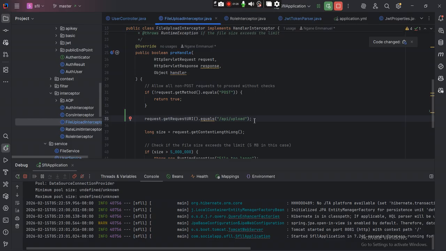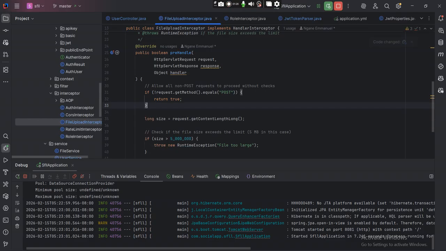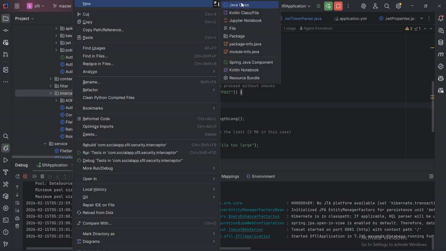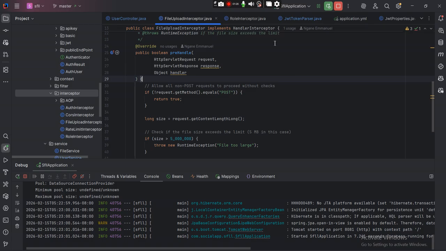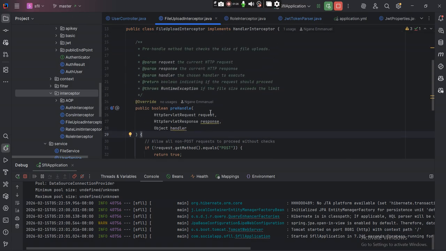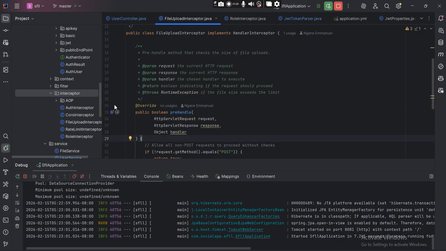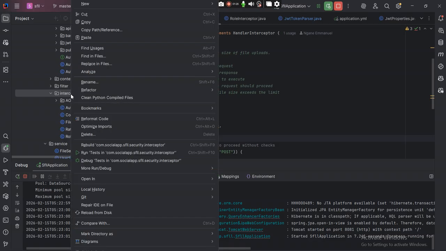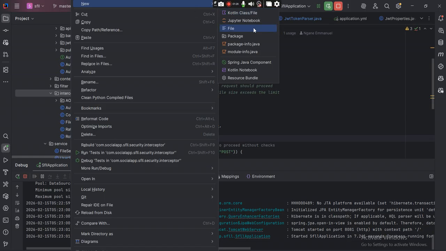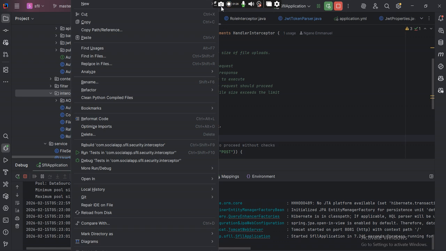So what you can do with this particular line is create another interceptor. You could create one here and, let's say for the file interceptor, you only want admin. Let me see. Okay, let me say for the update path, you want to make sure only registered users, right? Even though it's public, you want to make sure that only registered users have access to it. So you could create